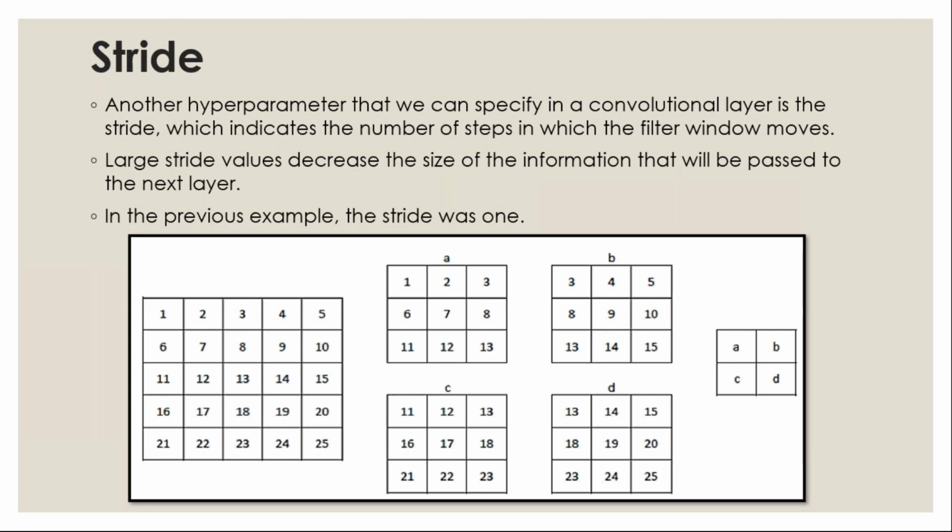See here the same image with the stride value 2. See what is the output of your filter. First, it will take 1, 2, 3, 6, 7, 8, right? But next, it will not take 2, 7, 8, 12. See, please, here it takes 3, 4, 5, 8, 9, 10, 13, 14, and 15, because here your stride value is 2. Why do you have that option? Because that feature is not necessary for me, so I'm skipping that row. So in that way also you can proceed, right? But in the previous example, the stride is 1. So it is also one of the hyperparameters.